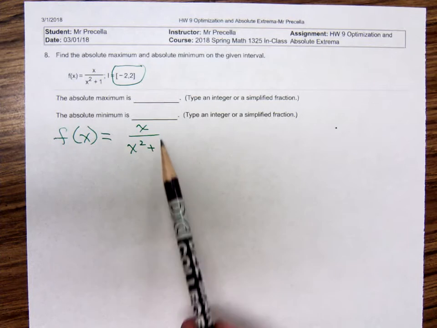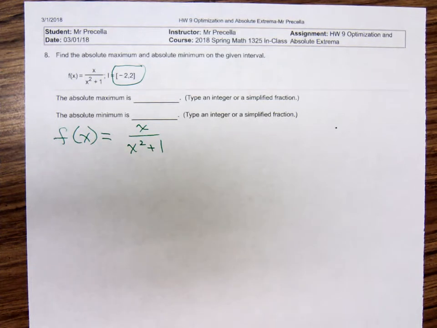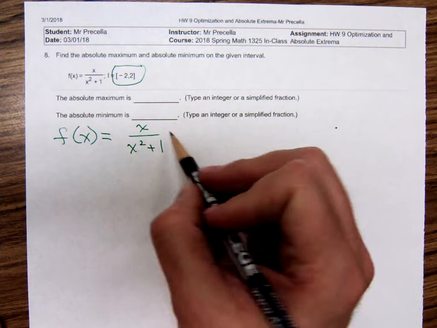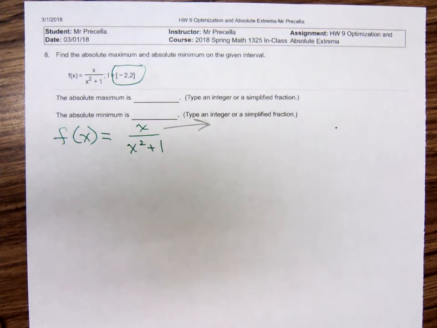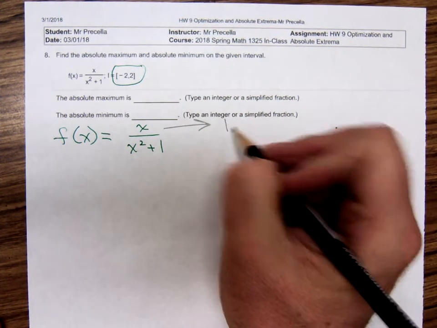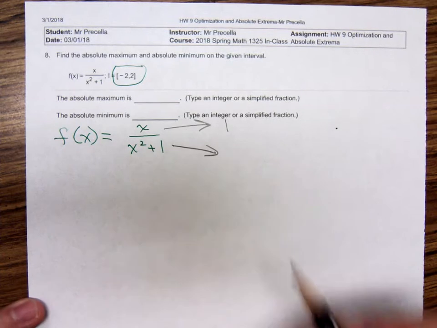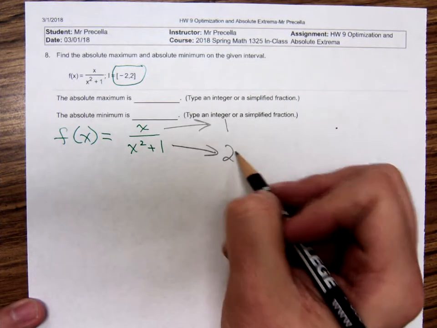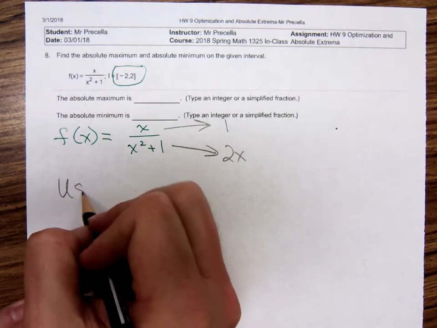The quotient rule, because we have a quotient of x. I agree, we'll need to use the quotient rule. That means we need the derivative of the numerator and the derivative of the denominator. What's the derivative of the numerator? 1. The derivative of the denominator, 2x. So using the quotient rule,